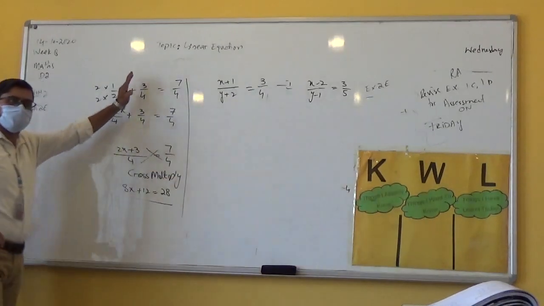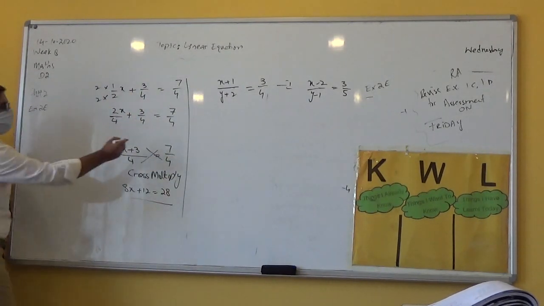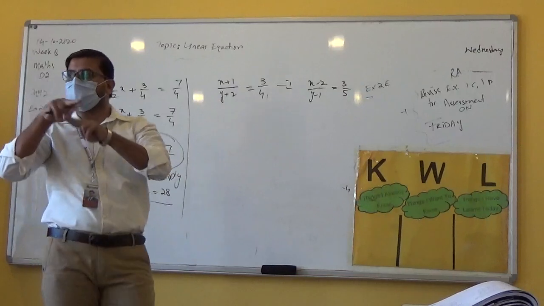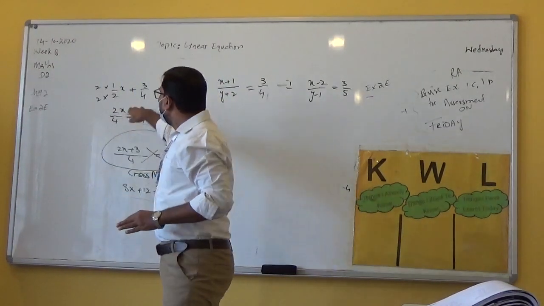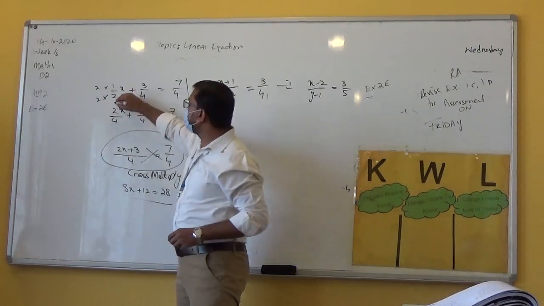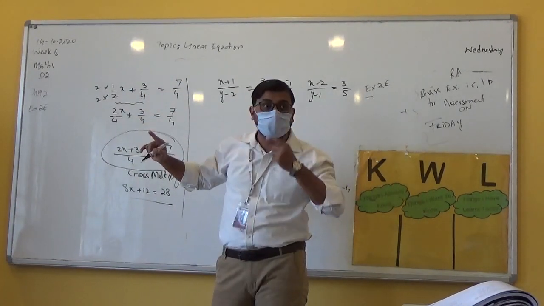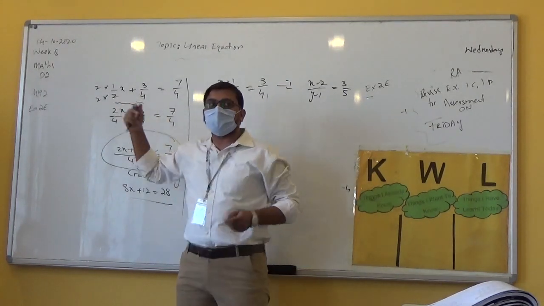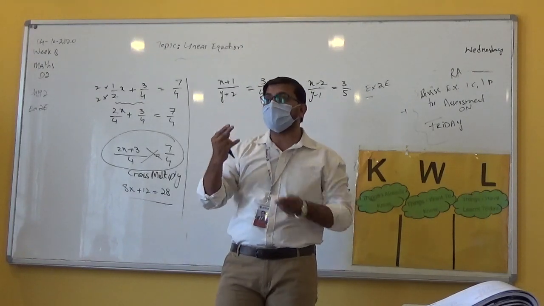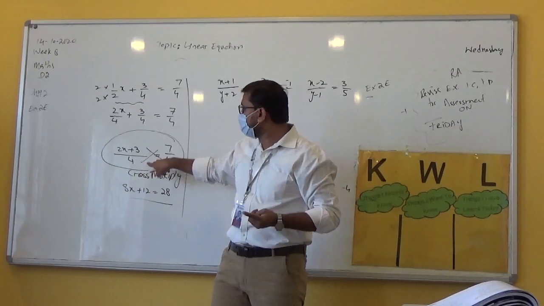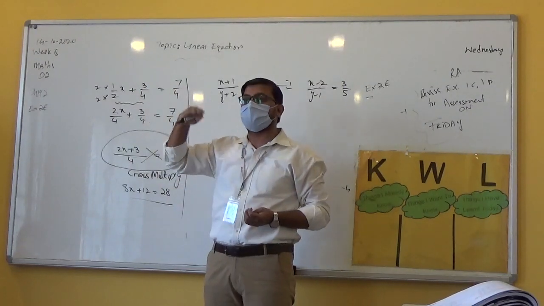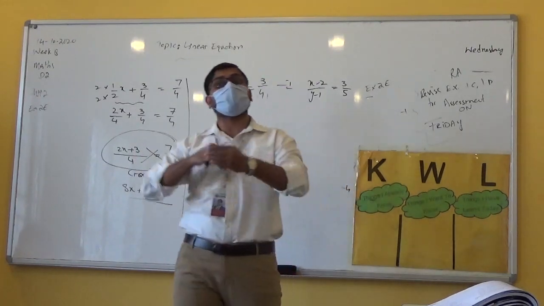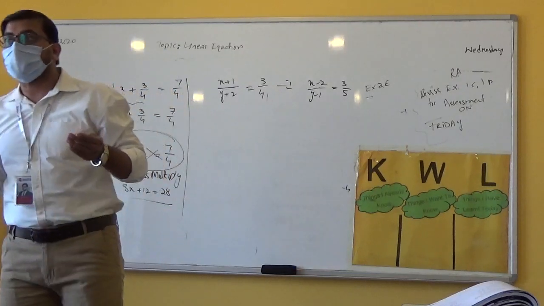Now go for the same methodology. Just come back to the previous question. What we have done over here: cross multiplication. Why? Because you are given a single fraction on both sides of the equality sign. At that step we didn't go for cross multiplication. Why? Because on one side of the equality sign we have a single fraction, and on the other side we have two fractions. So we have to make them one, whatever method we used, by LCM or making the denominator equal. You need to make a single fraction on both sides of the equality sign and then go for cross multiplication.